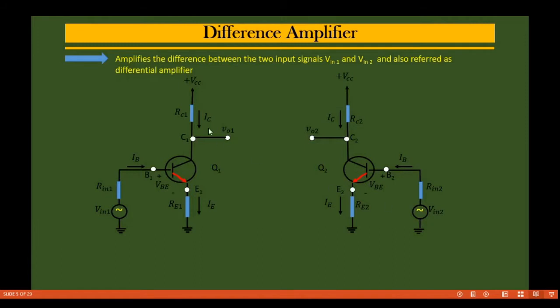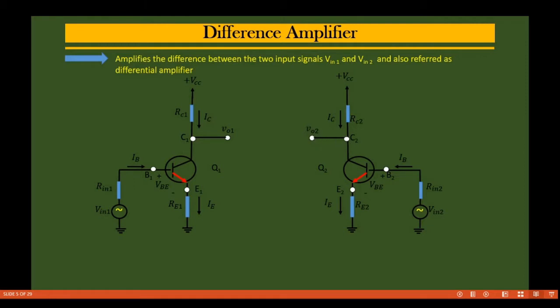A difference amplifier amplifies the difference between the two input signals Vin1, Vin2, and is also referred to as a differential amplifier. So this is the input supply of this common emitter, and this is the second input supply of this second common emitter. Both these common emitter bias circuits are mirror images of each other, and the output voltage we are collecting at the collector side, VO1, and the output voltage of transistor Q2 we are collecting at the collector 2 terminal,